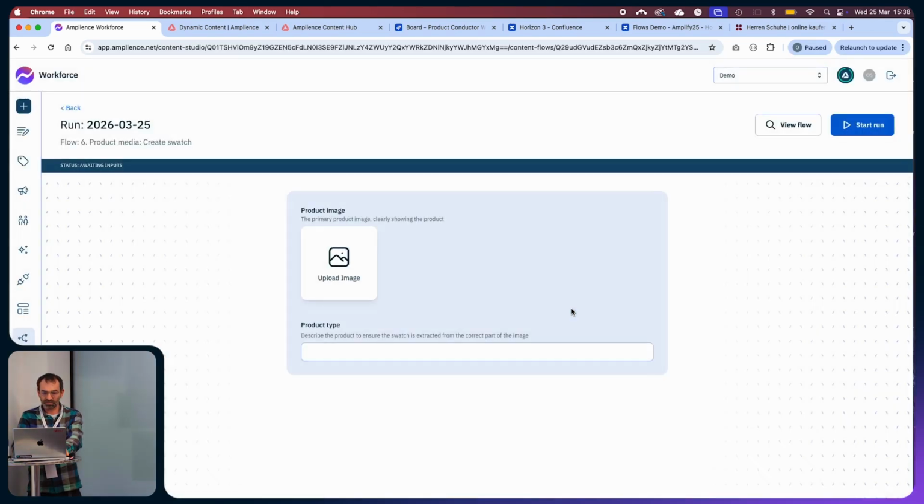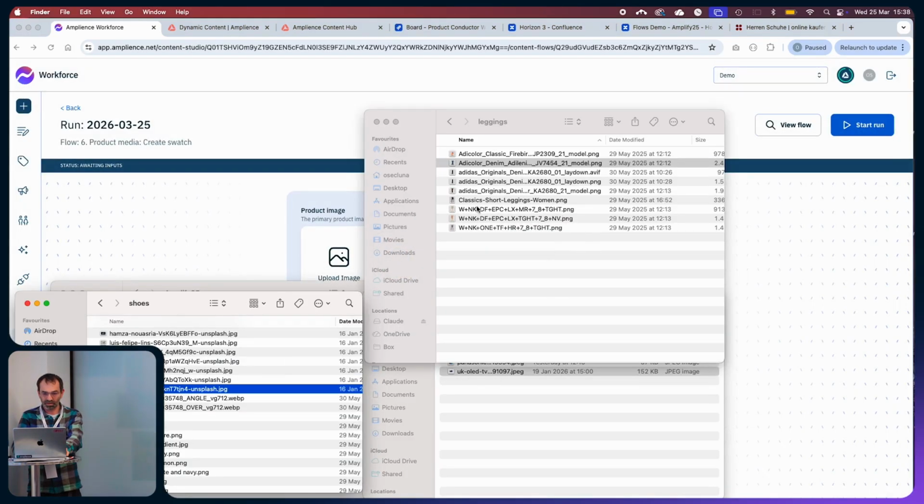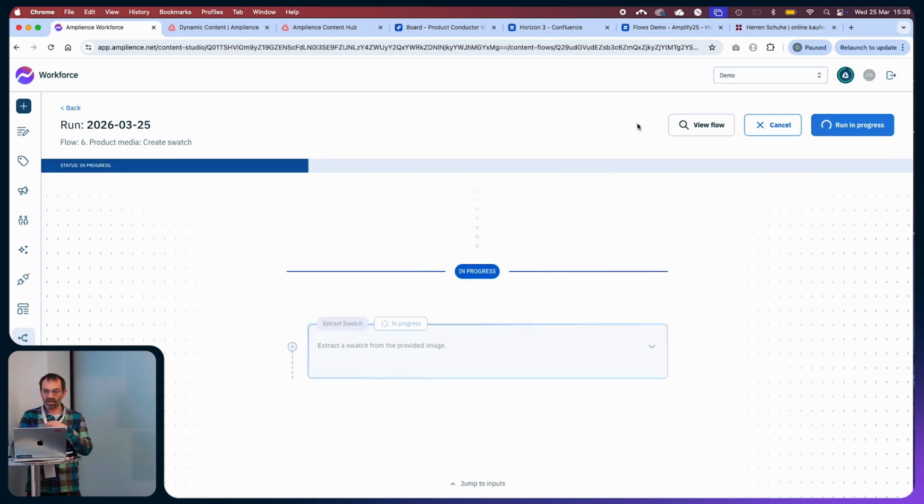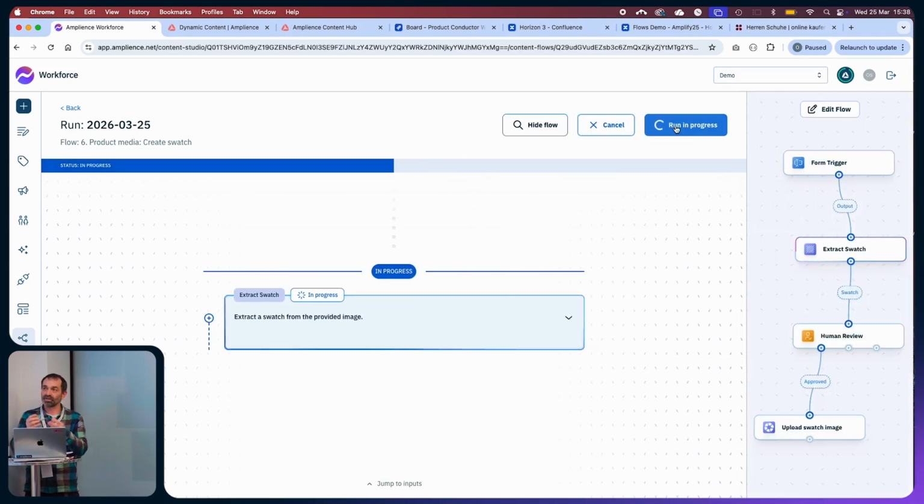I'll click on a similar one. Do this one for the leggings again. So this is an LLM-based process that looks at the image. We can actually pass in an input to say, if it's a complicated image, we could say the product category is handbag, but usually it's a model carrying a handbag. We can say, do a swatch for the handbag, and it will look for the handbag and then do a